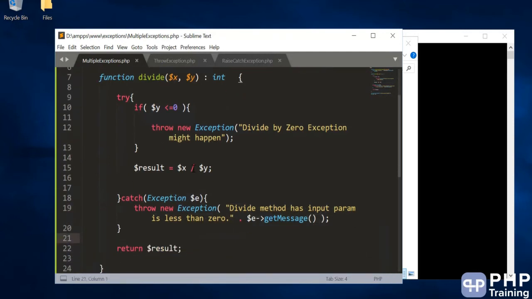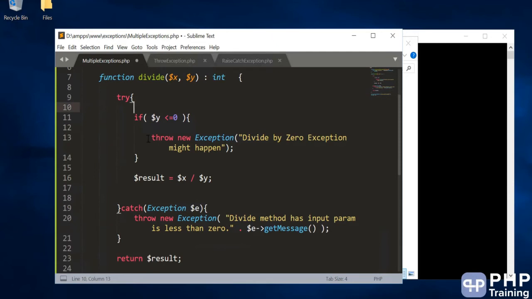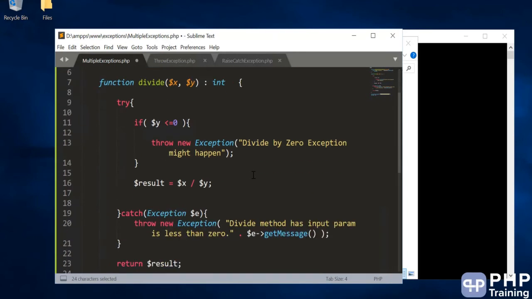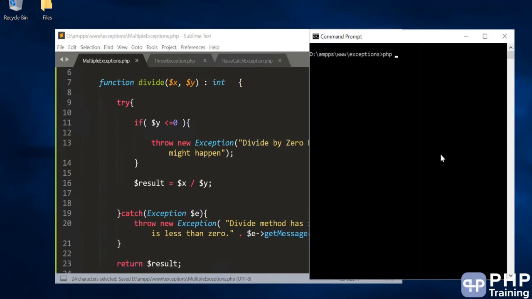So what we are trying to do here is we have put a try catch block, and then we are throwing an exception inside a try catch block, then we are catching it again, and we are throwing that message. So it's basically the same exception thrown twice. The first time when you throw, the catch will catch it, but what happens if you throw inside your catch block? That is caught by your exception handler. So let's look at this example and understand. If you have multiple exceptions and you're throwing them multiple times, you basically loop multiple exceptions together. Okay, so let's run this PHP.